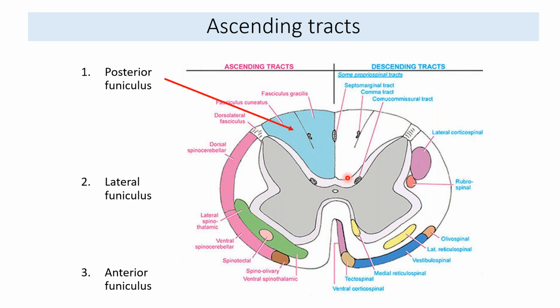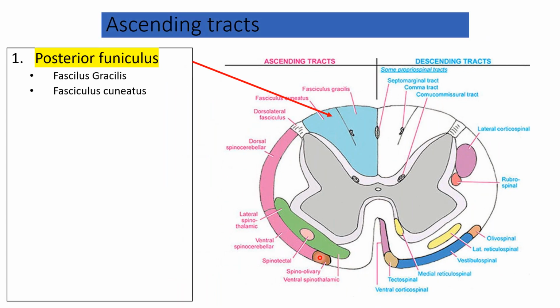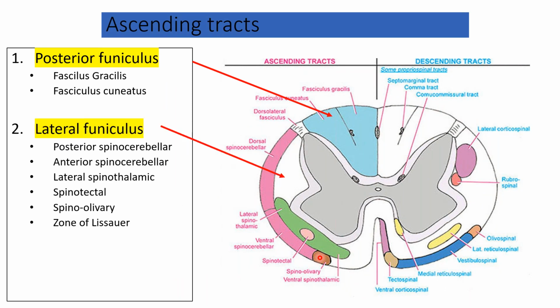So this is the area of the posterior funiculus, which has the fasciculus gracilis on the medial side and fasciculus cuneatus on the lateral aspect. This posterior funiculus is posterior to the gray matter. This one is the lateral funiculus area, carrying the various tracts, and this is the anterior funiculus, which is in front of the spinal cord. These are the arrangements in the posterior funiculus that we have just discussed: the fasciculus gracilis and fasciculus cuneatus. In the lateral one, we have an extensive area of sensation, which is from behind.